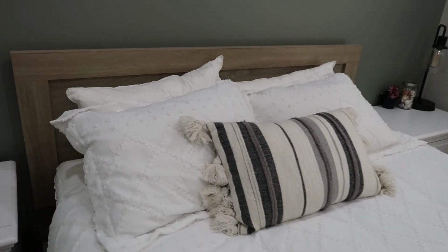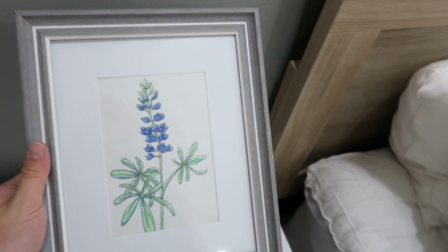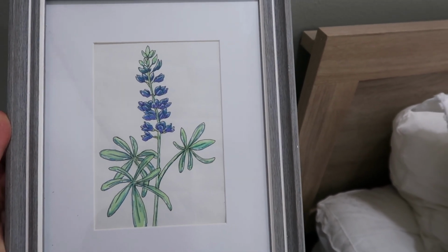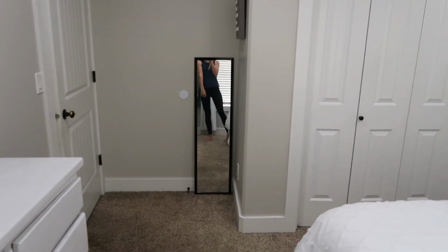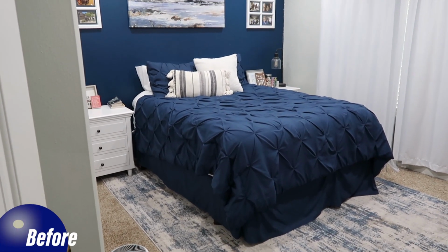Decorative pillows, same pillows, just some new, what are these called? Shams? I forgot. This is a drawing of a bluebonnet that one of my friends drew for me because it's my favorite flower. That's so pretty and cute. Over there, I do have a mirror so I can check myself out. It's a really different vibe from the blue and white. It's very different, but